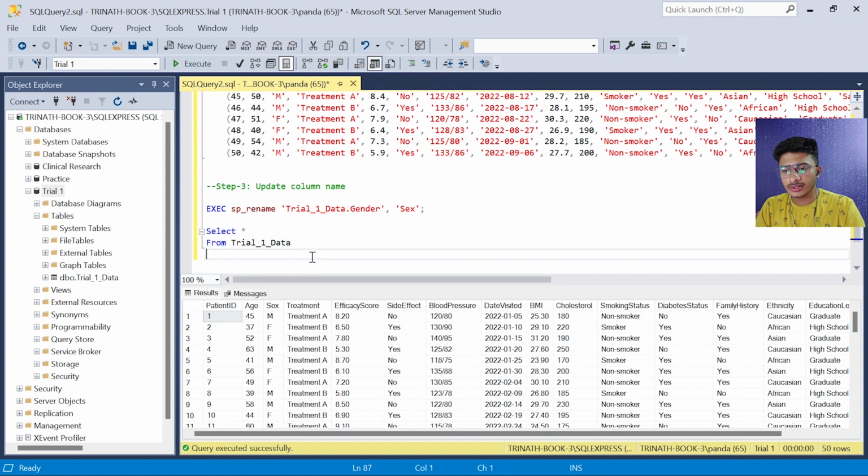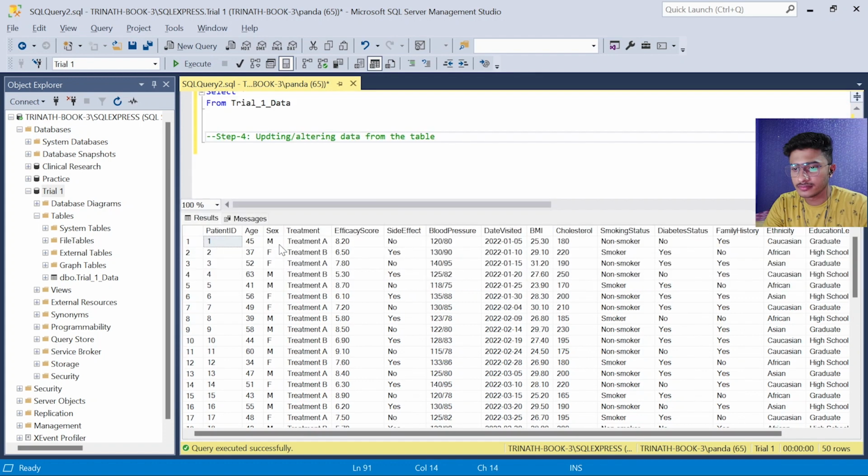So this is the basic syntax that you can use to rename any column. Now we are going to see how we can update or alter the data in the table. For this we will write